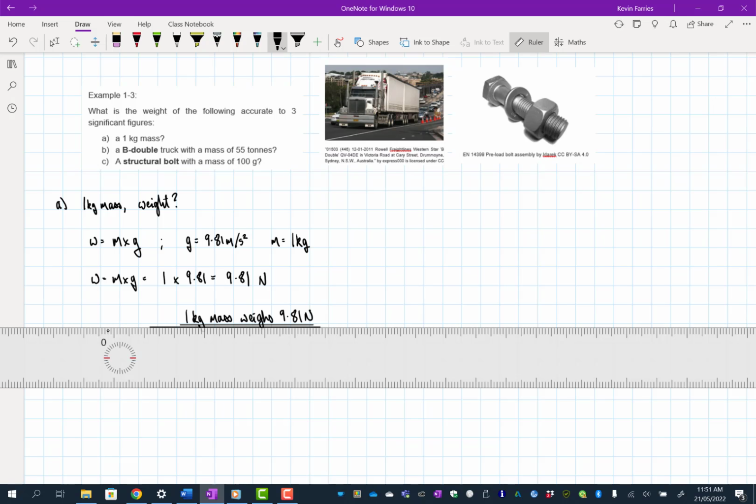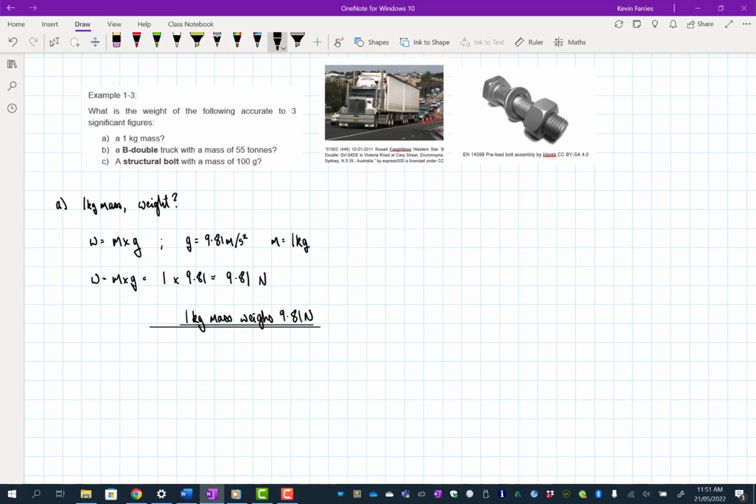Okay, let's have a look at the second problem. So we've got a B double truck with a mass of 55 tons. Some alarm bells should be ringing already because we've been given the mass in tons, and I've already said this equation, you need to use kilograms. So let's work through this one. So we've got a 55 ton truck,